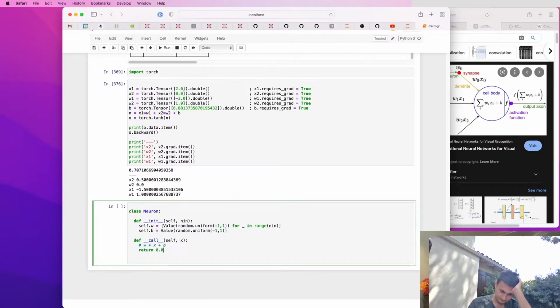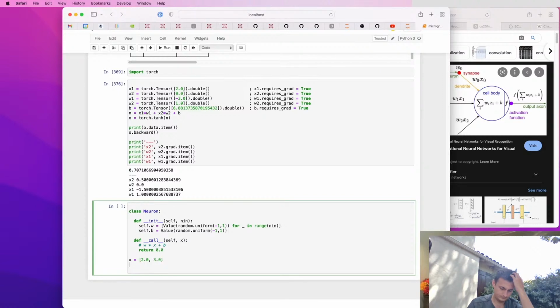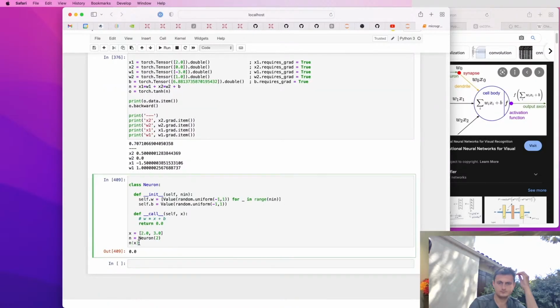Now, if you haven't seen call, let me just return 0.0 here for now. The way this works now is we can have an x, which is say like 2.0, 3.0, then we can initialize a neuron that is 2-dimensional, because these are 2 numbers. And then we can feed those 2 numbers into that neuron to get an output. And so when you use this notation, n of x, Python will use